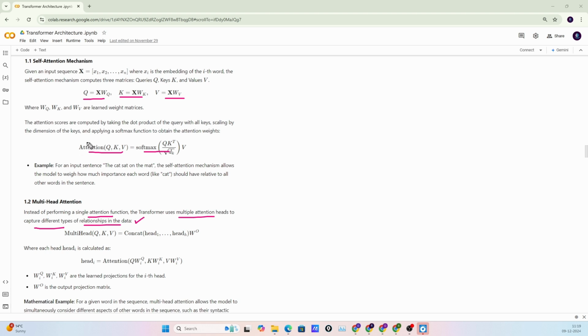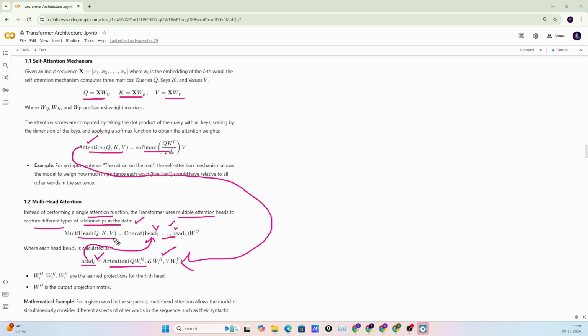One head uses this attention formula, and you can see here the formula is the same to calculate attention for a head, and the head value changes like that. For example, if i is 1, then this is the first head, i is 2, the second head, then the third head, the fourth head. After calculating the attention, we concatenate all the head attention values. So from here we get the attention value for each head with respect to the query, and then we concatenate those head values.